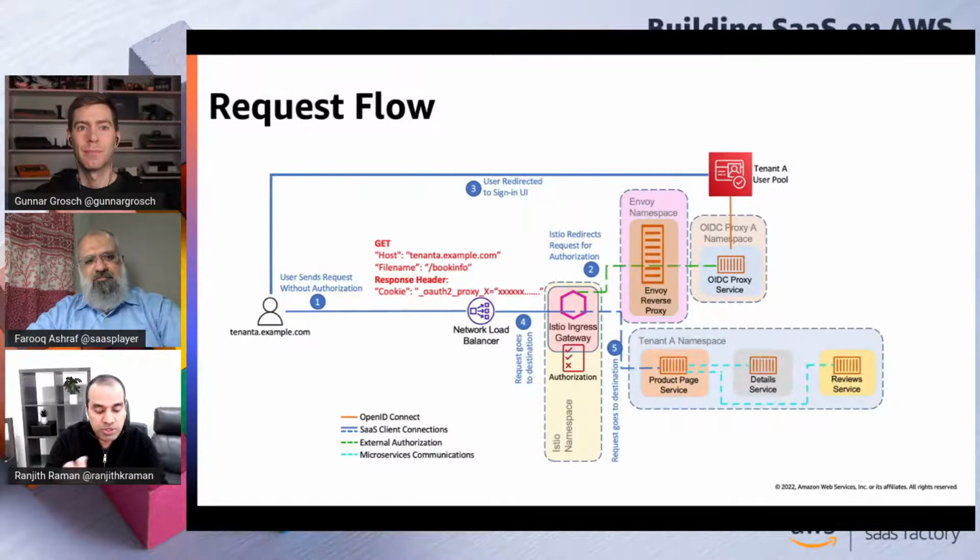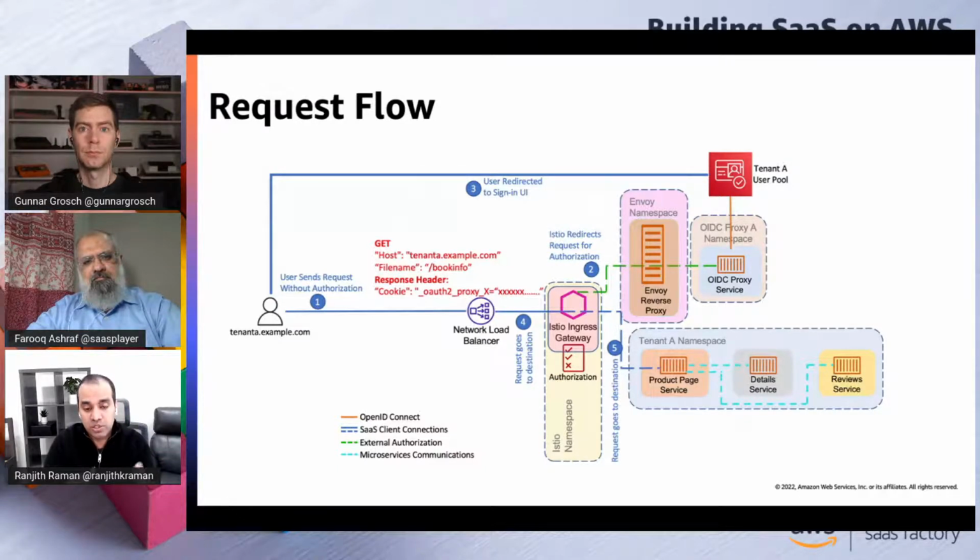What we're saying is you could offload the security checks, right? So in this case, the JWT token is going to flow through all the way to the backend microservices. If you want to do another set of validation within your microservices, you're free to do that, if you want an end-to-end zero trust kind of scenario. But if you don't have that and you just want to offload that to the infrastructure layer, like what Farooq was showing, this is a great way to do that.